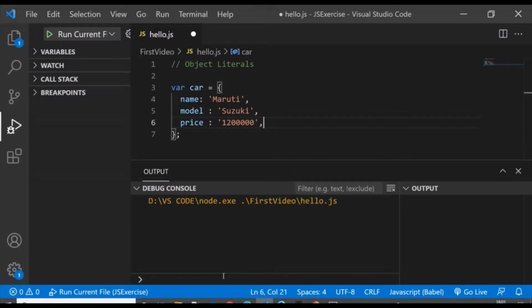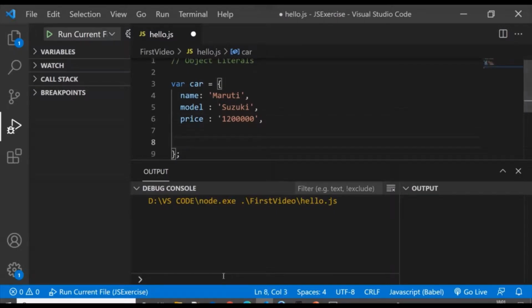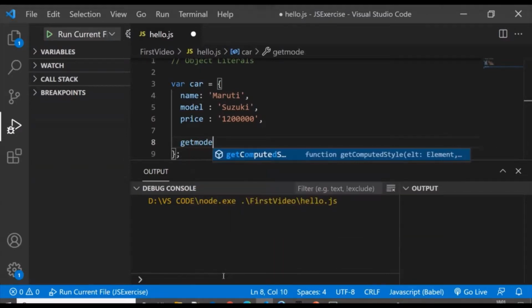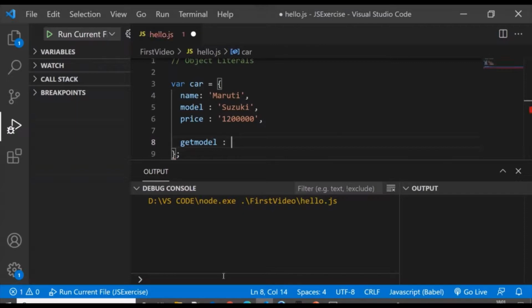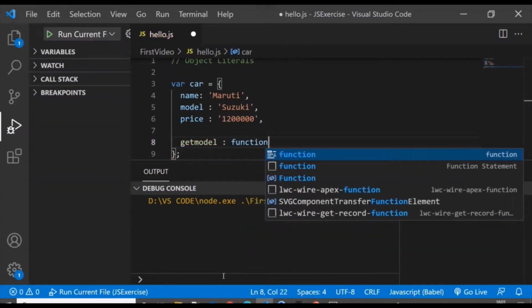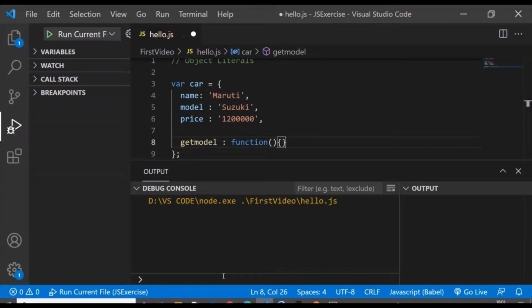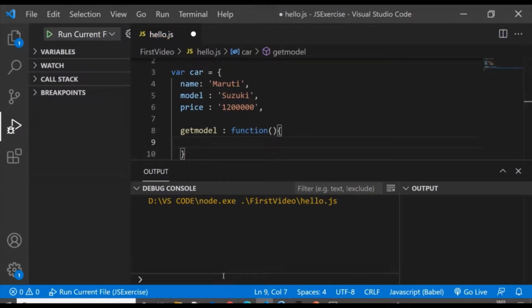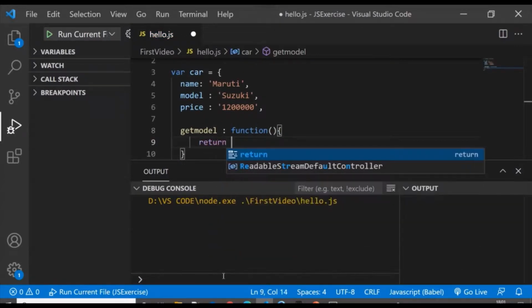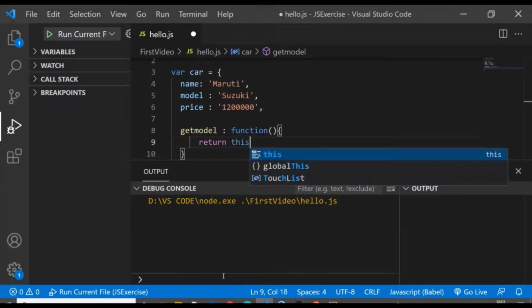And let's say I want to add a function also, right? So that is also possible. You can add functions in the object. You just have to give name to the function. Let's say get model of this car, colon and the function keyword, okay, followed by the body of function. Here what we'll do, we'll just return the model of the car. Okay, so we can use this dot model. We will look into this specifically in one of the videos, and it's very important topic. For now, just understand that it is returning the current instance model. Okay,